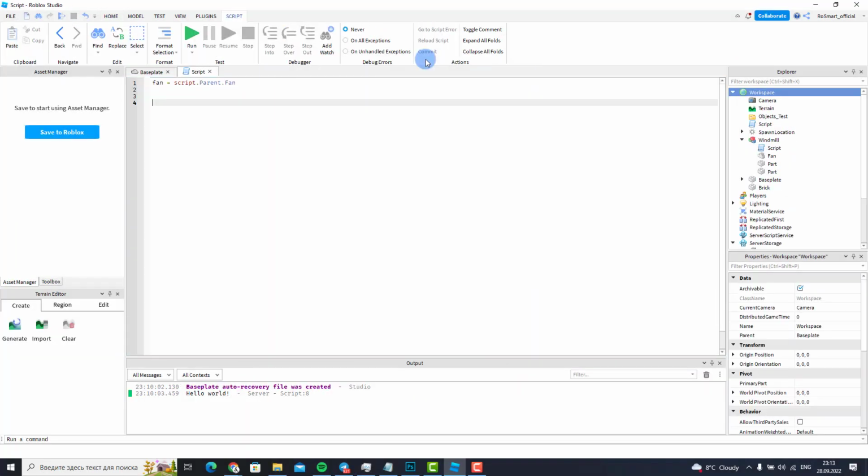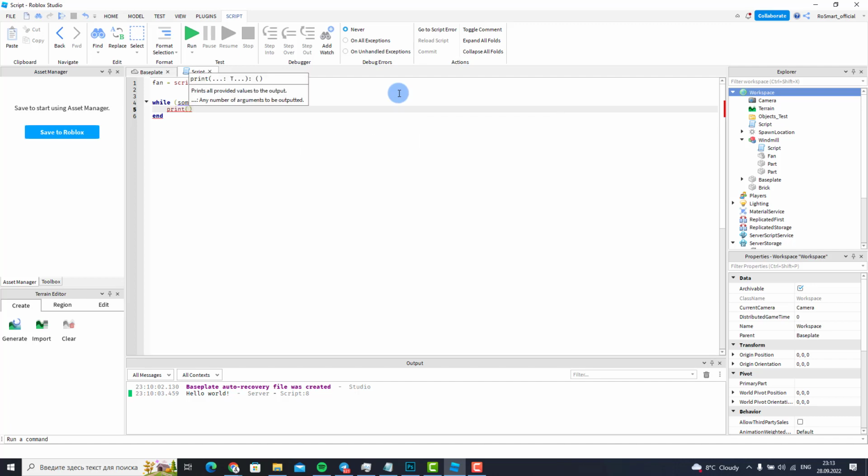And to do this, we will need the loop. There is such a cool loop that is called while. So we will make something work while something is true. Just after while I use enter and other parts of the loop are created. So while, let's type something is true, do end. For example, like print